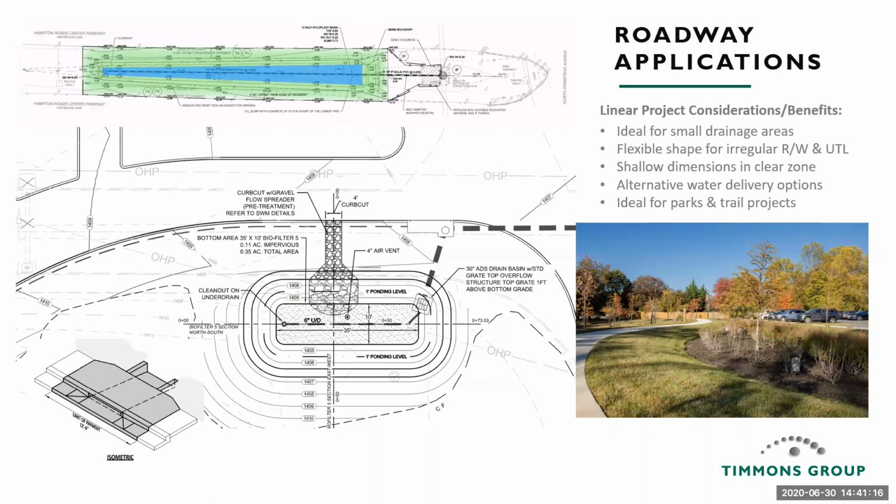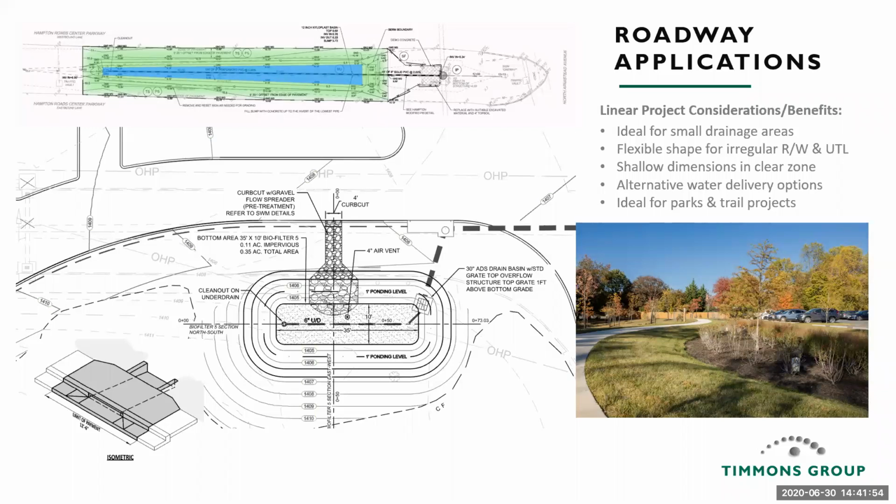Typical applications for this type are, obviously, relatively small drainage areas. You want to put them in locations where you can receive surface flows. Once drainage has gotten into a traditional storm sewer system where it may be concentrated deep in the ground, at that point it's not ideal to introduce these. You want to have these where water can sheet flow in, or you have curb cuts that will be able to take surface flow directly into the top of it. For planning purposes, generally these would be in the neighborhood of 3% to 6% of the drainage area size, just for footprint size.